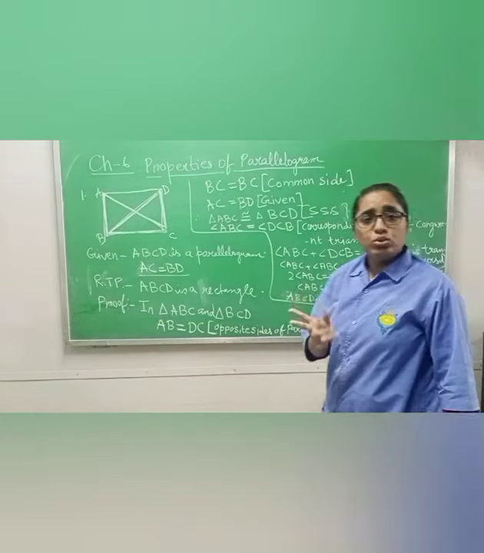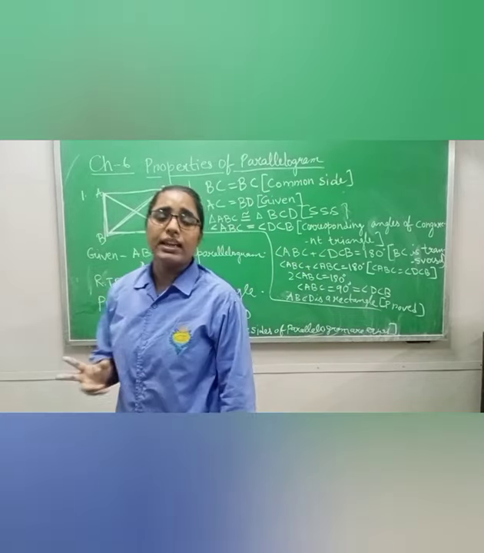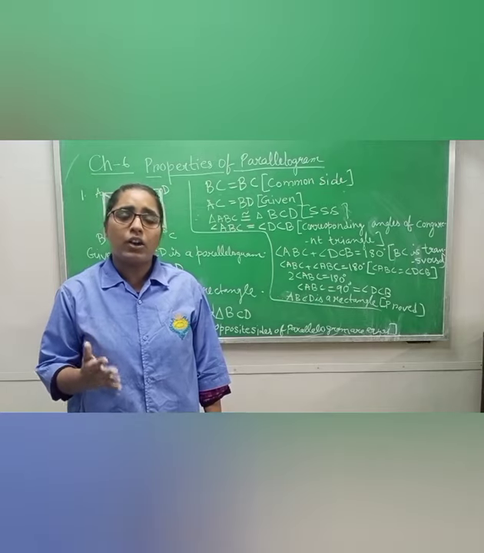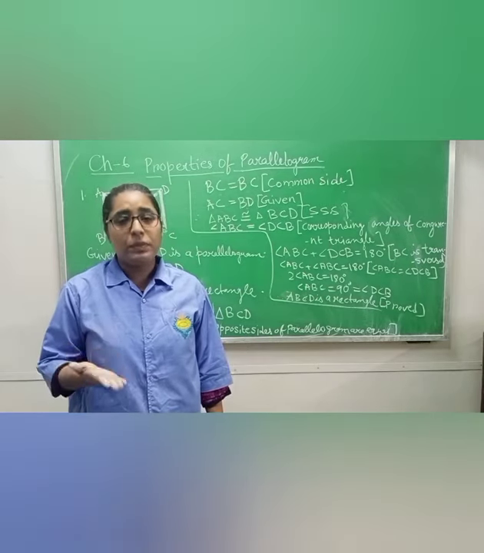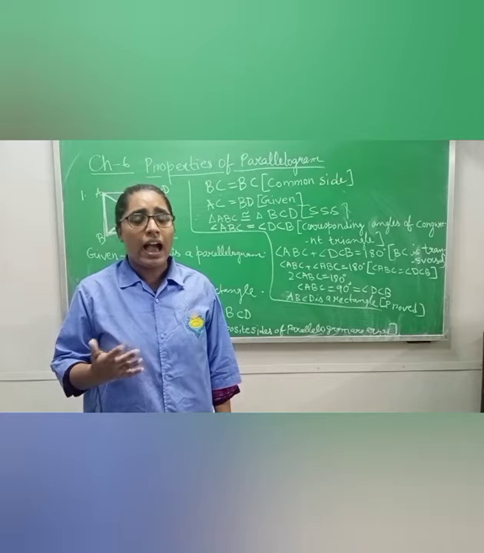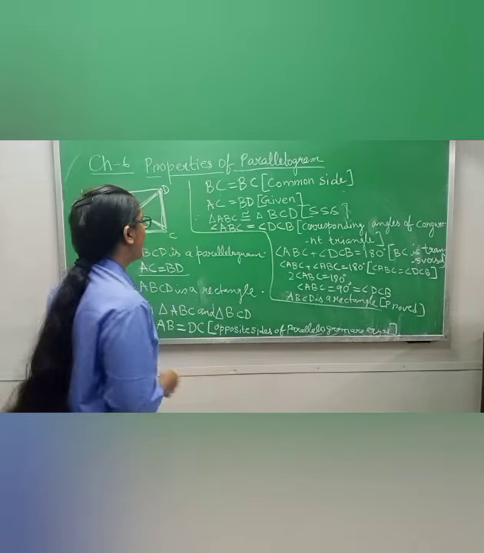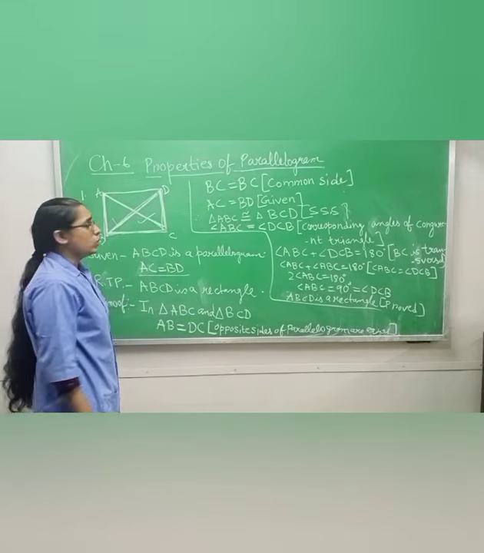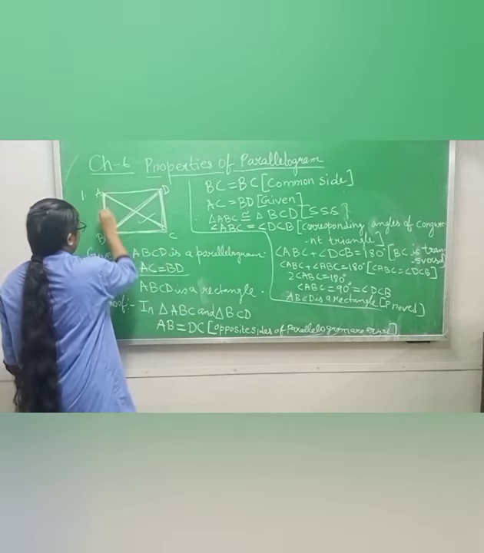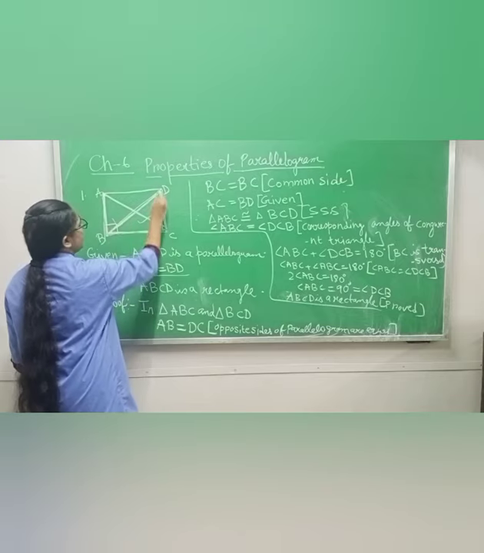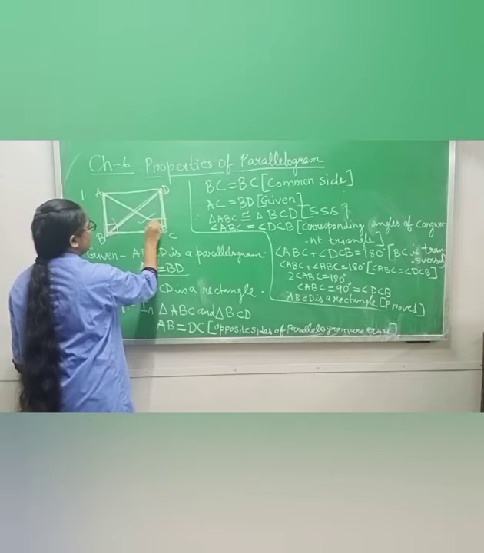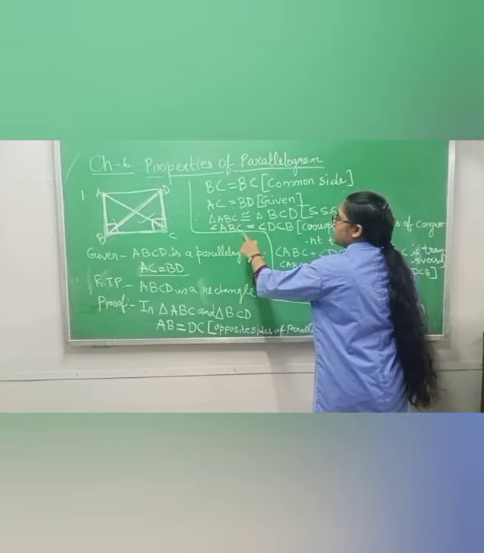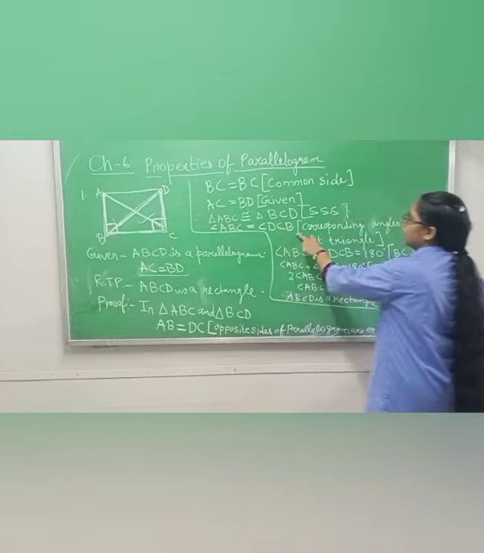Now when two triangles are congruent, then we can say that the rest of the sides or rest of the angles are also equal, or in place of rest you can write corresponding angles or sides will be equal. So if this triangle and this triangle both are congruent, then I can say angle ABC is equal to angle BCD, means these two angles will be equal. See, I have written angle ABC is equal to angle DCB or BCD. Why?